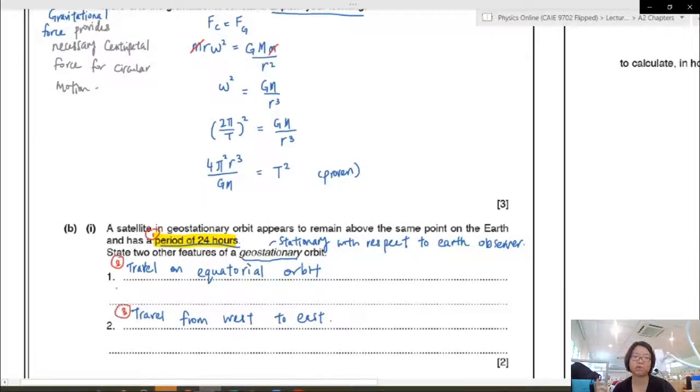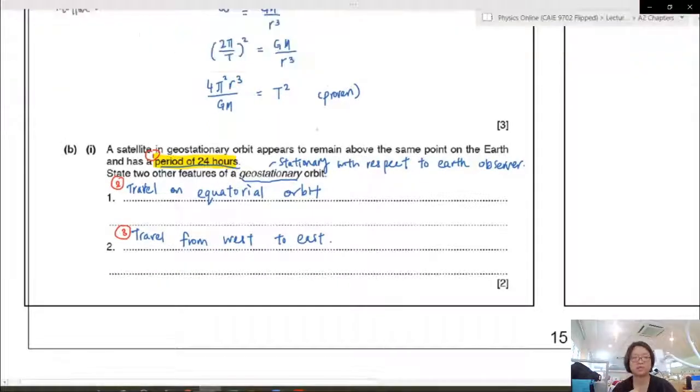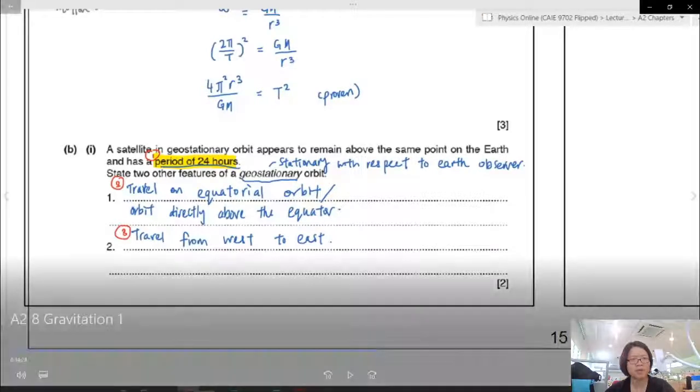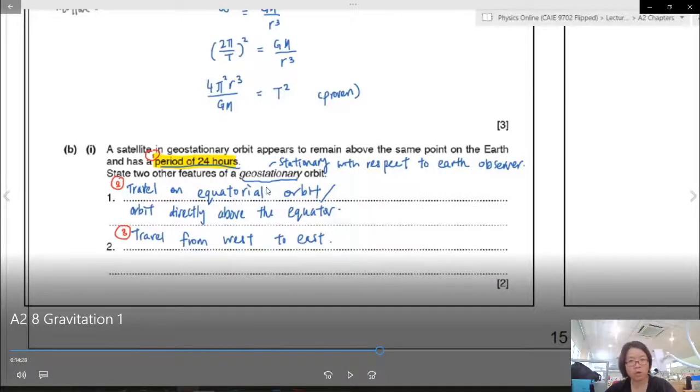The sun rises from east to west. So the Earth must travel from west to east, must rotate. If not, you cannot have the sun rising from the east. So in this part, we will talk more about geostationary satellites at the very end of your syllabus,